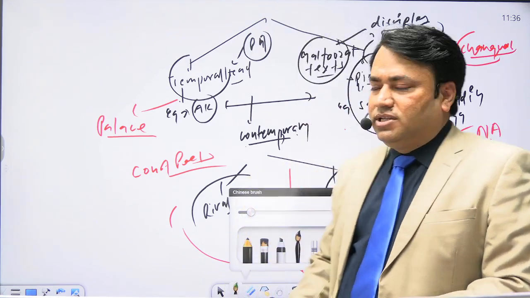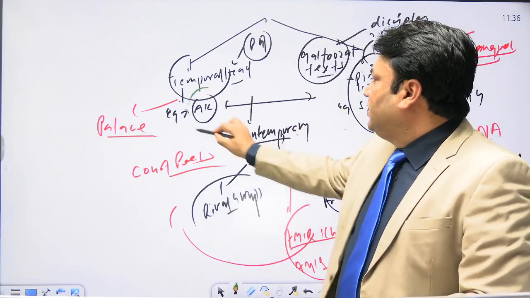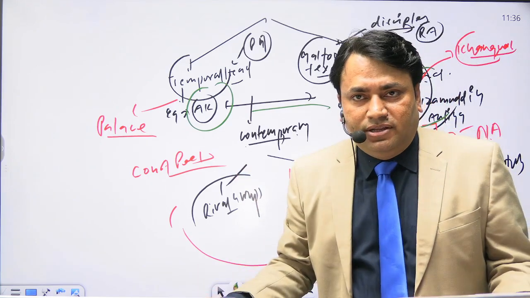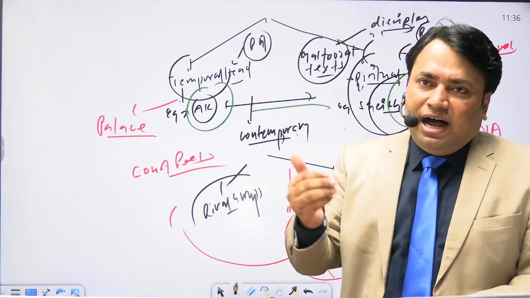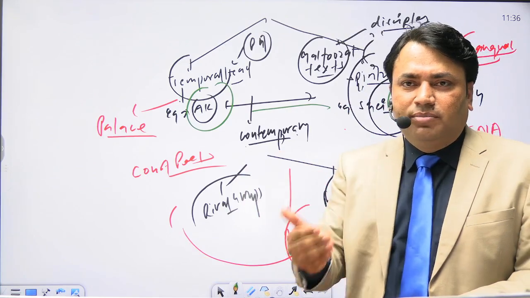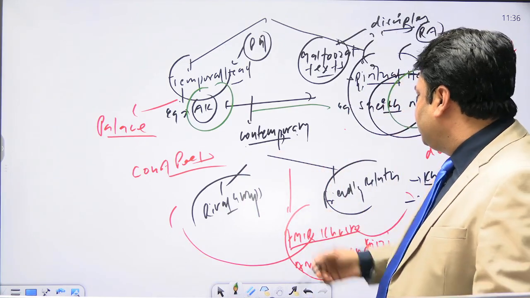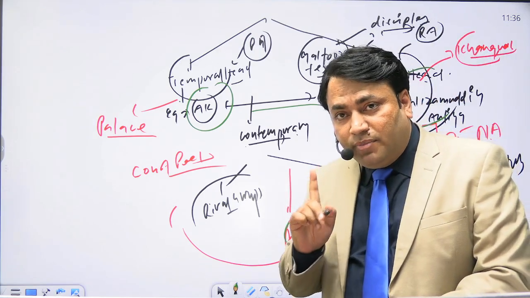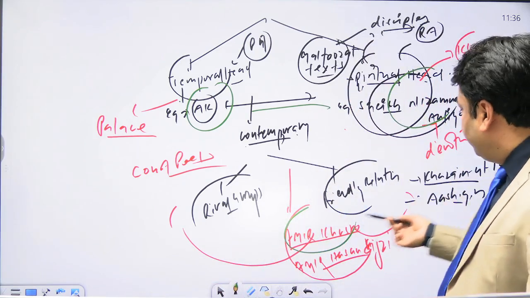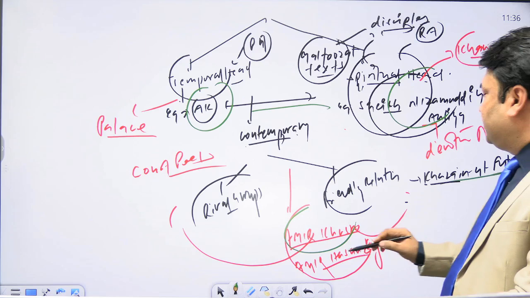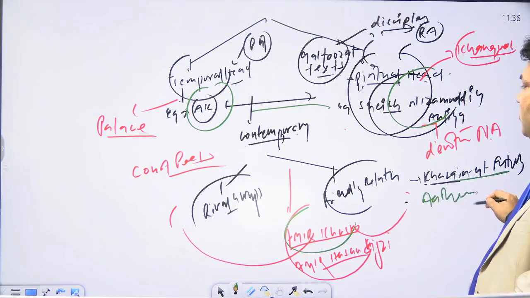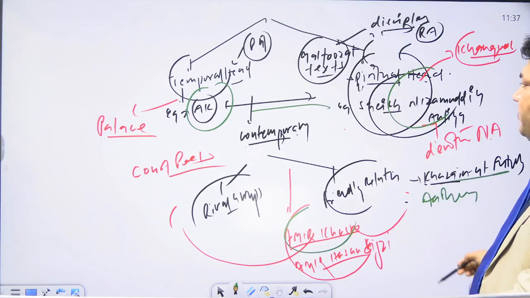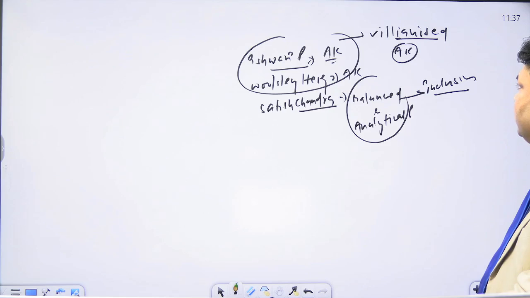For example, this is one prelims question: Alauddin Khilji and Nizamuddin Aulia, they were contemporary. This is a prelims question that has been asked by UPSC. So look at the PYQs and you will get this question. Another question is about Amir Khusro. The books written by Amir Khusro, Khazainul Futuh and Ashika, have again been asked in your prelims examination. This question about the historian Isami has also been asked in UPSC.